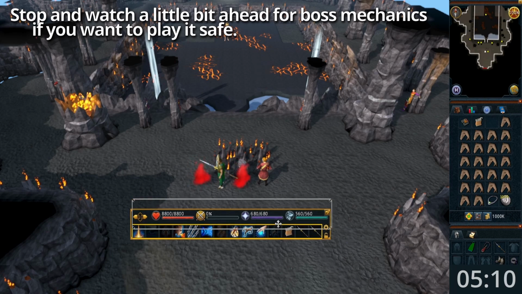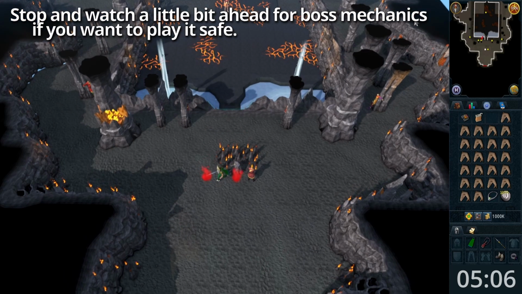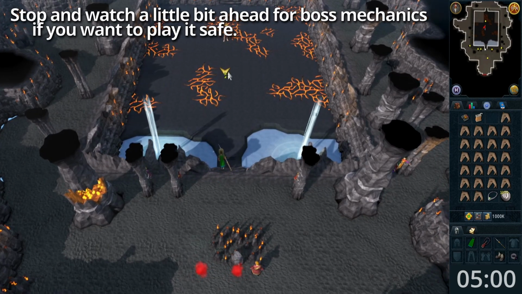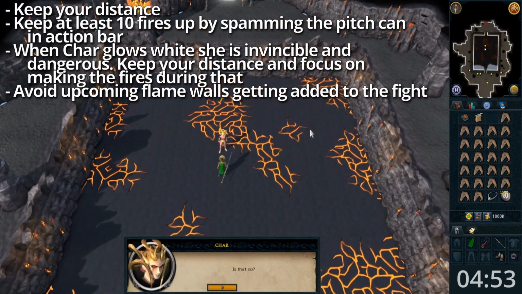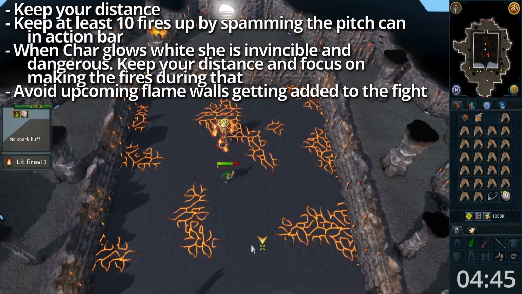Go north and climb down the stairs. Talk to the boss and this will start the fight. Keep your distance and keep spamming the pitch can to make fires. I would say keep around 10 fires up at all times, because each fire increases the damage by 100 that